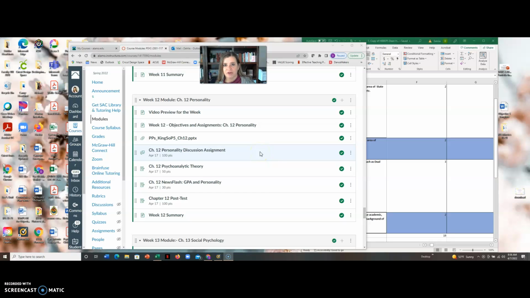In this chapter, it will take you along the journey of understanding different theorists' views on personality. So you'll look at what Freud said about personality. Jung is another very famous personality psychologist. Your book has a little on Maslow's thought here. And so as you go through, you'll look at the different paradigms as explaining personality.